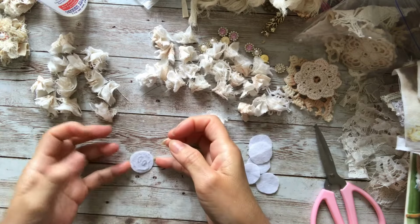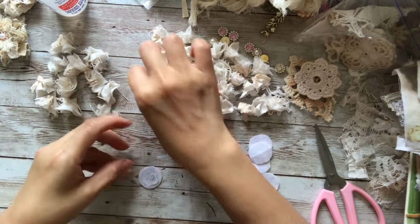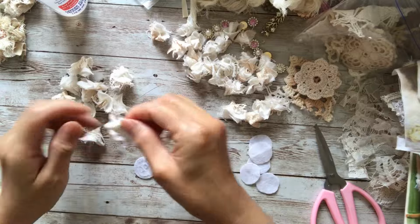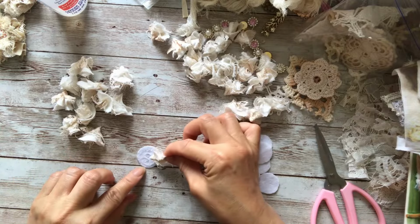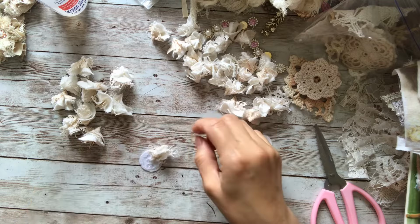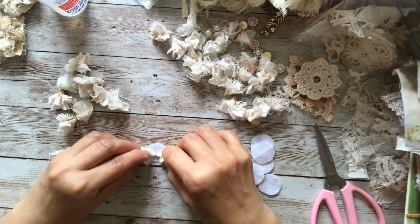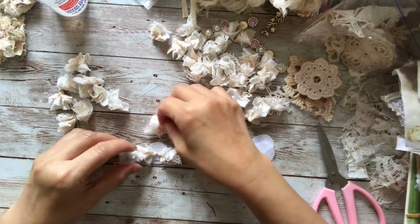So I put a lot of glue on that disc, on the felt. So I'm gonna start with the bigger one. Well, these are slightly bigger petals. So just put that there, halfway in the middle, and then we're gonna face that opposite. Okay, and then we're going to,